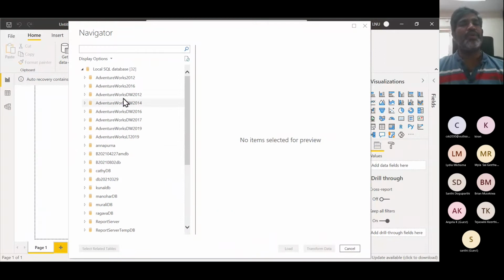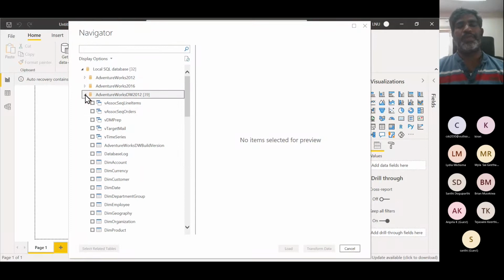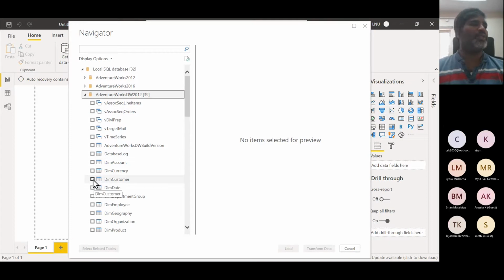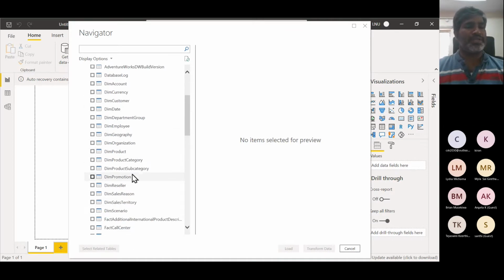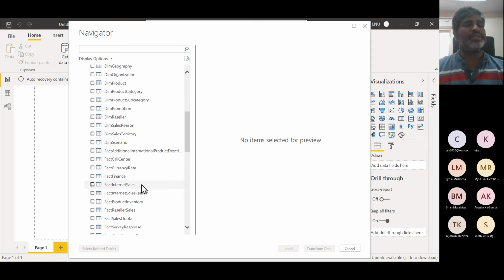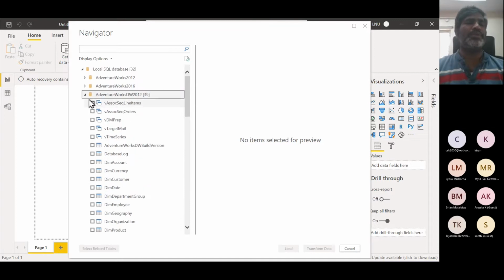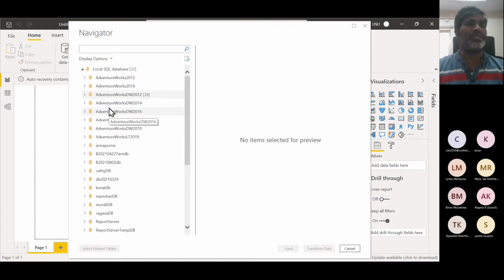Now you need to go to one of the databases, known as AdventureWorksDW 2012. I said I need two tables for this demonstration. One is called Customer, and the second is called FactInternetSales. If you want, you can take these. Or you can go with simple tables, not heavy tables. Customer is a heavy table, which means more records are there. Internet sales is also a heavy table, with more records. If you don't want to go with those,